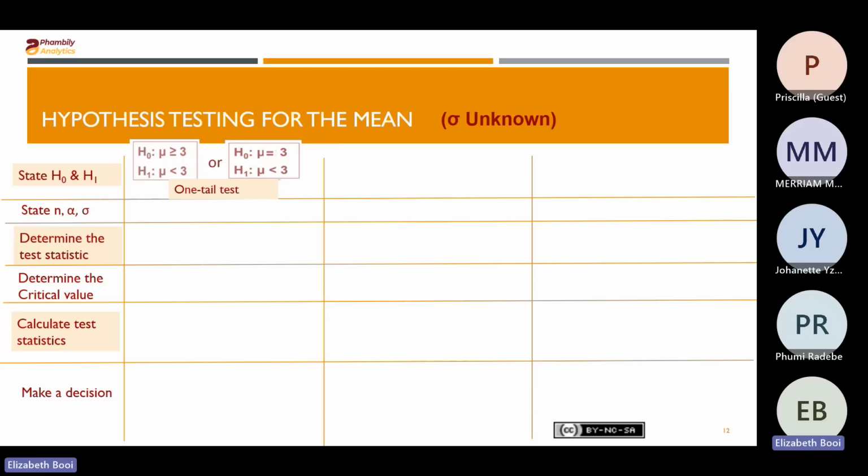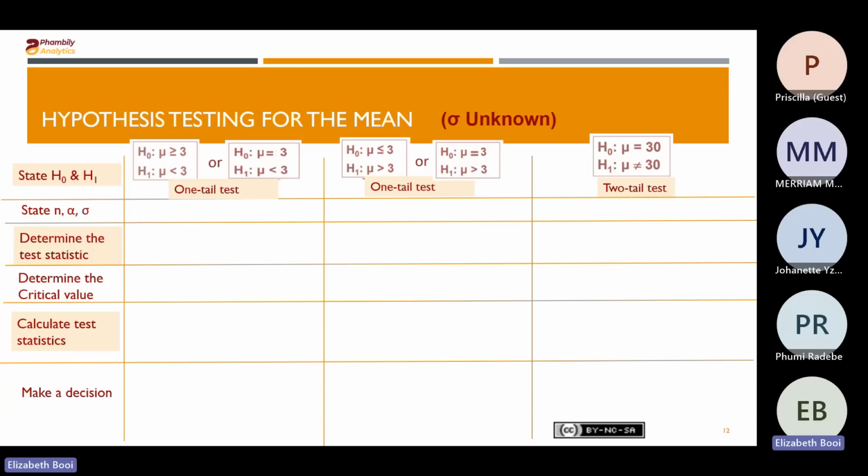We state the null hypothesis and the alternative hypothesis like we did for a one-tailed test, a two-tailed test, for the lower and the upper one-tailed test and the two-tailed test. We state what we are given. Now, remember, because the population standard deviation is unknown, they would give you the sample standard deviation, which is an S. So from here, we can determine that our population standard deviation is unknown. And when it is unknown, then we're going to be using a